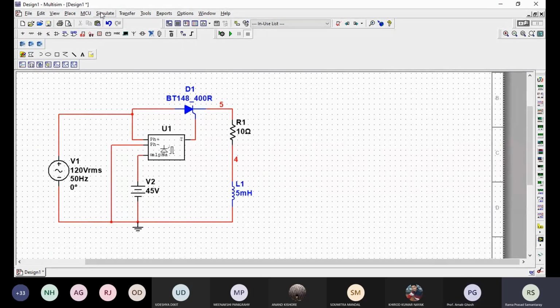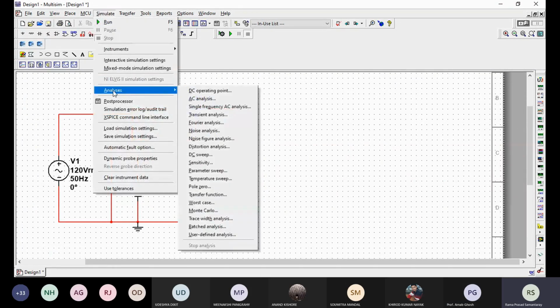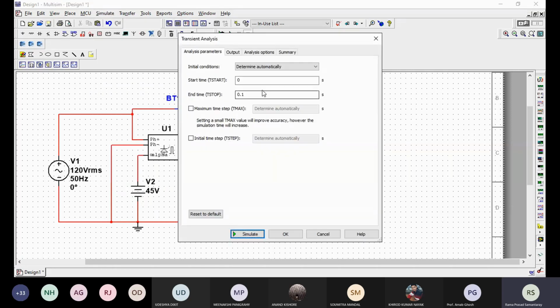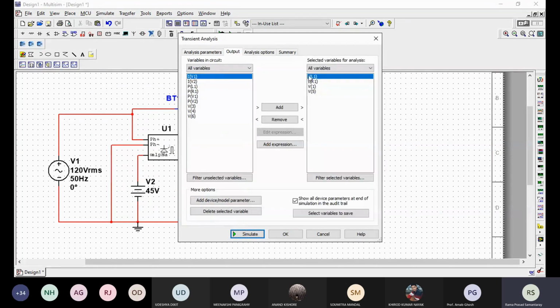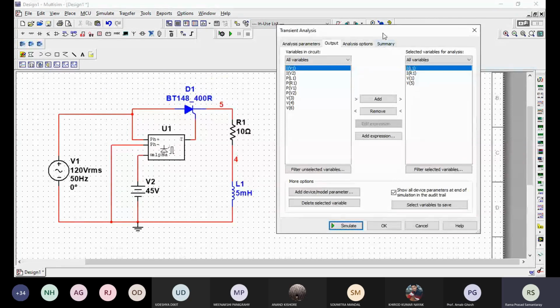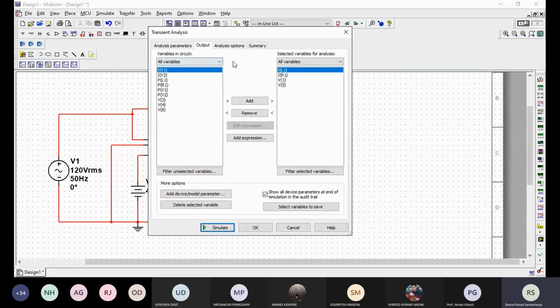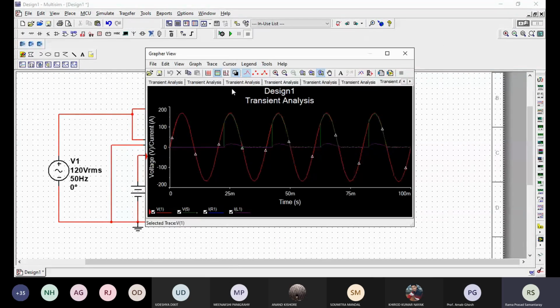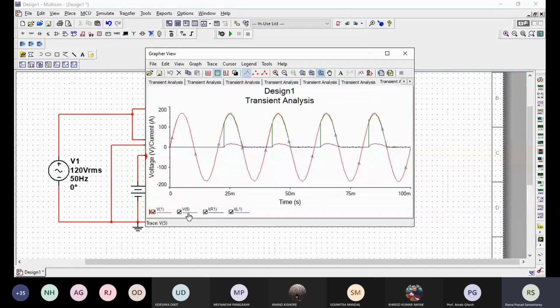And you go to analysis. Suppose you don't want to use CRO, go through analysis: go to simulate, analysis, and transient analysis, then give any time as per your convenience. I have given 0.1 second. So output current through inductor, current through resistor, supply voltage, that is input voltage source, and voltage across V5, means voltage across RL. That signal I want to identify. Then you go to simulate. Waveforms will come.